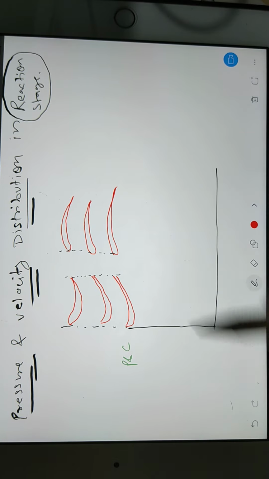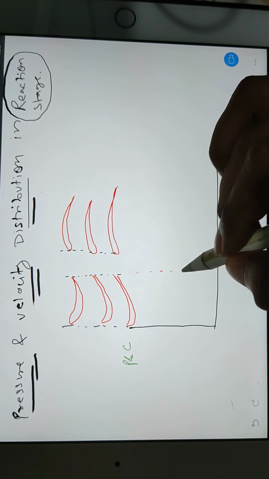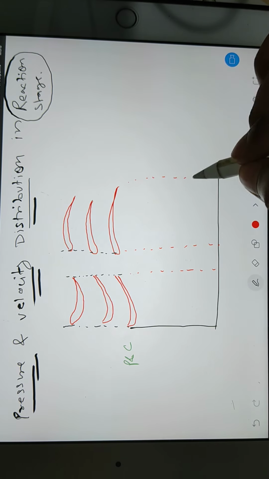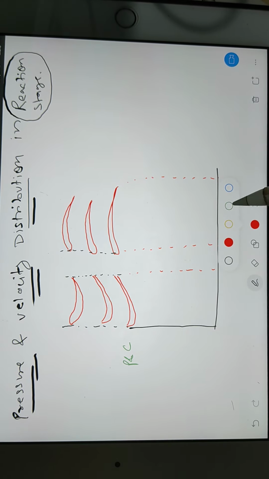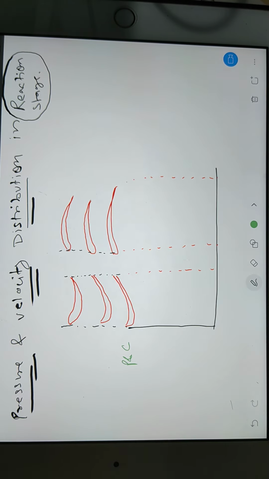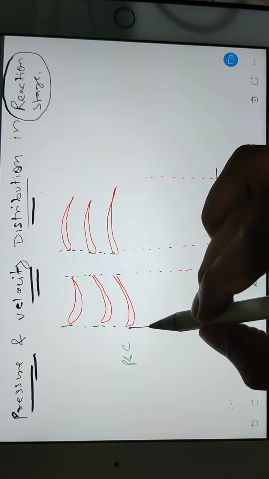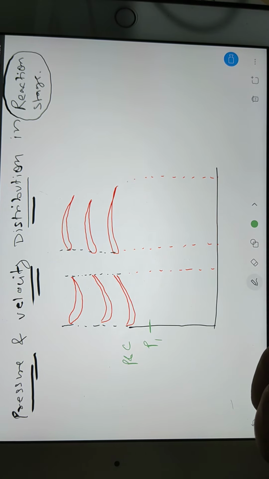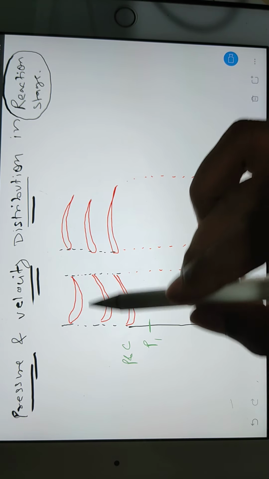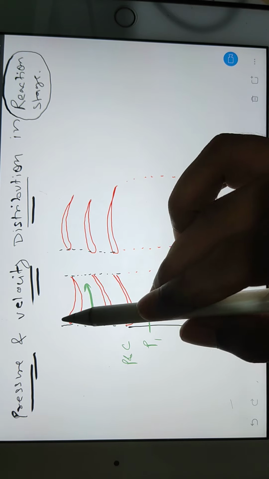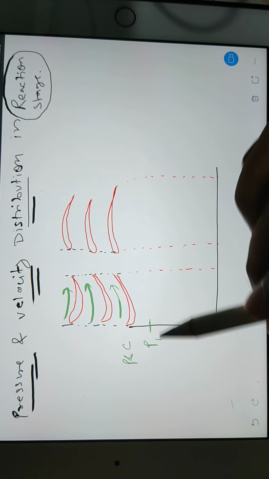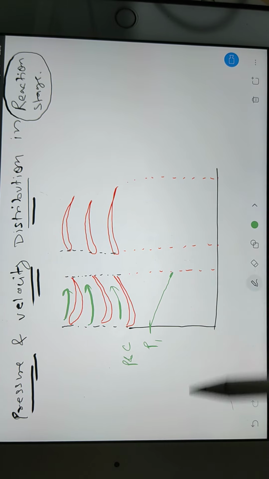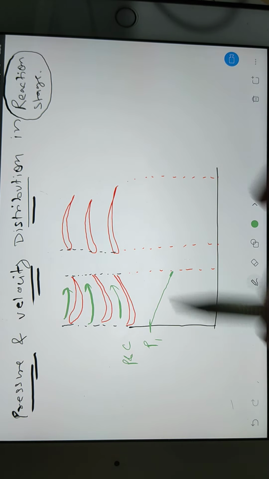So you can see I will draw the dotted line like this so that I can say from where to where pressure is increasing, decreasing, and how velocity. So first thing, let's talk about the pressure variation. Imagine at the inlet you have a certain amount of pressure. That pressure is P1. So of course, when the flow passes through the nozzle, what happens with the static pressure? Static pressure decreases. Okay, that's why we are showing this.